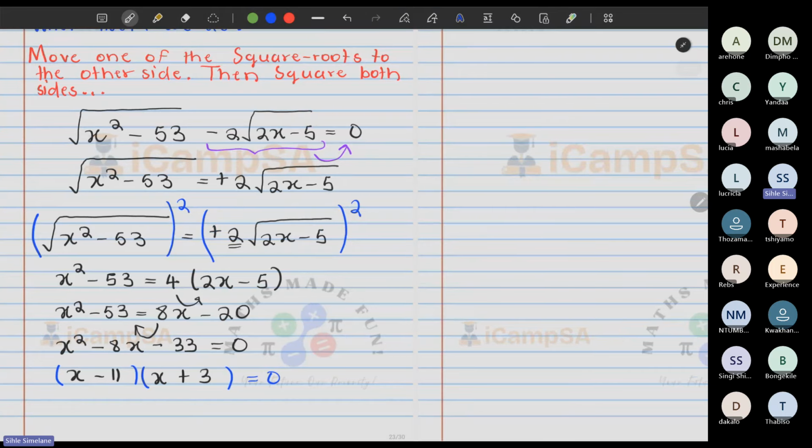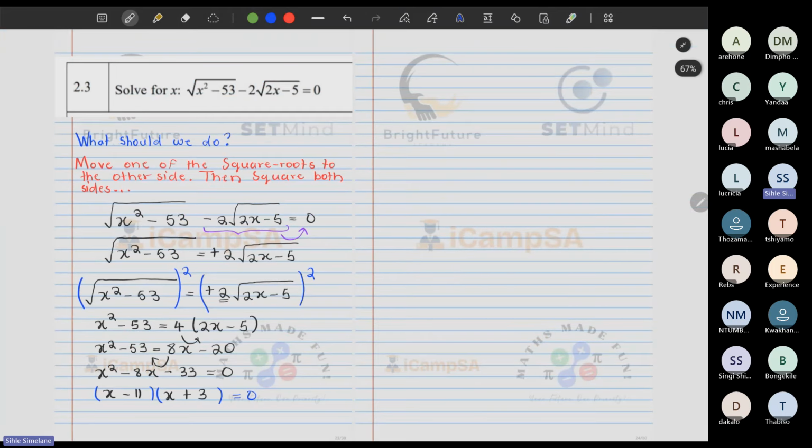Yep. So if we then solve for our x here, guys, you will see that we'll have x minus 11 equals 0, or x plus 3 equals 0, and we know the vibe. We always transpose. So our answer